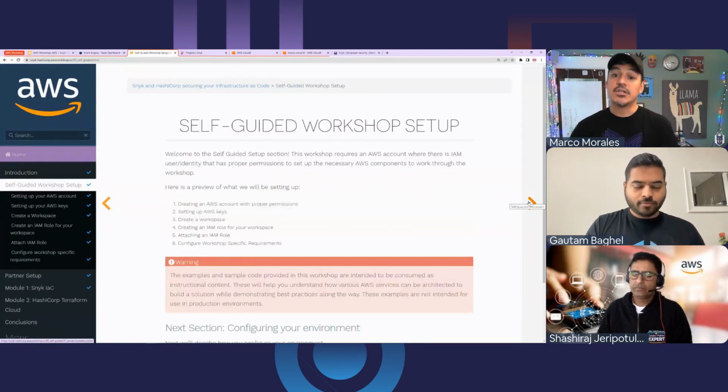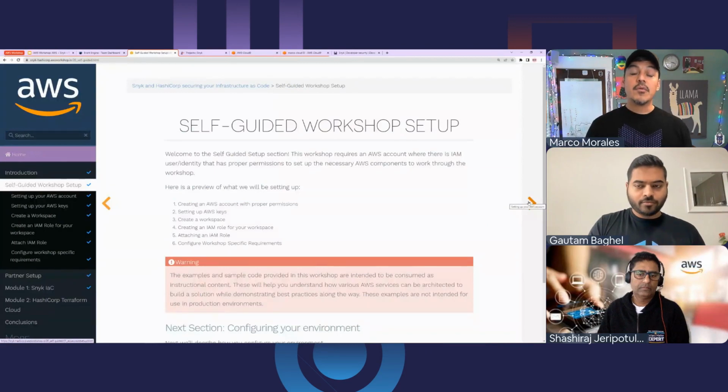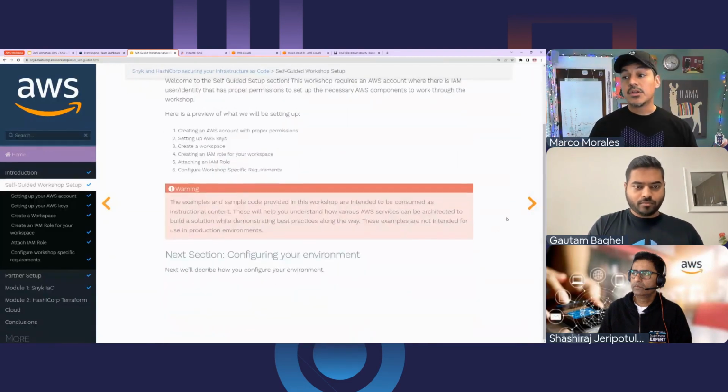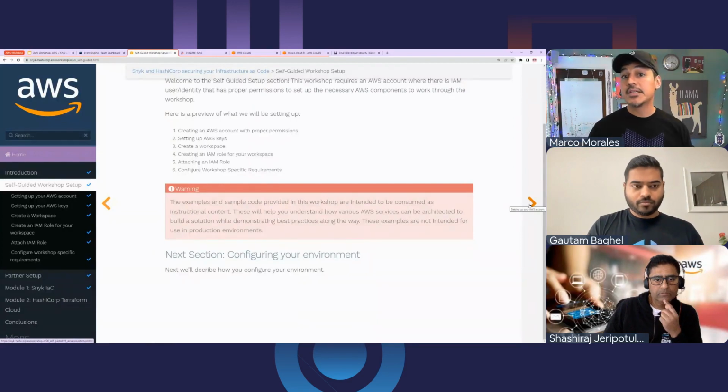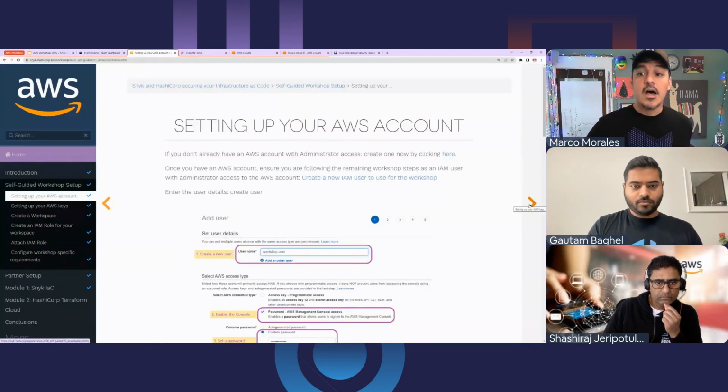So now let's get into the self-guided workshop. These workshops have the nice structure of telling you what you need to do. You're given an AWS account, which is a huge upside. And the next thing we're going to do is configure a couple of things so that you can be productive with running Terraform and Snyk CLI commands in your environment. I've already done some of this, and there'll be a pause point for you to do it on your own. So the first one is we ask people to set up your AWS account. You already have one.